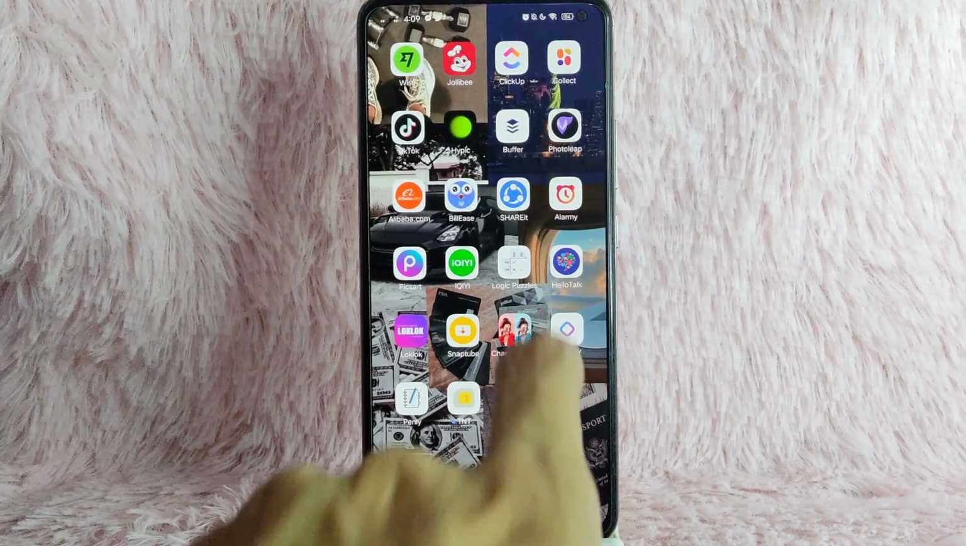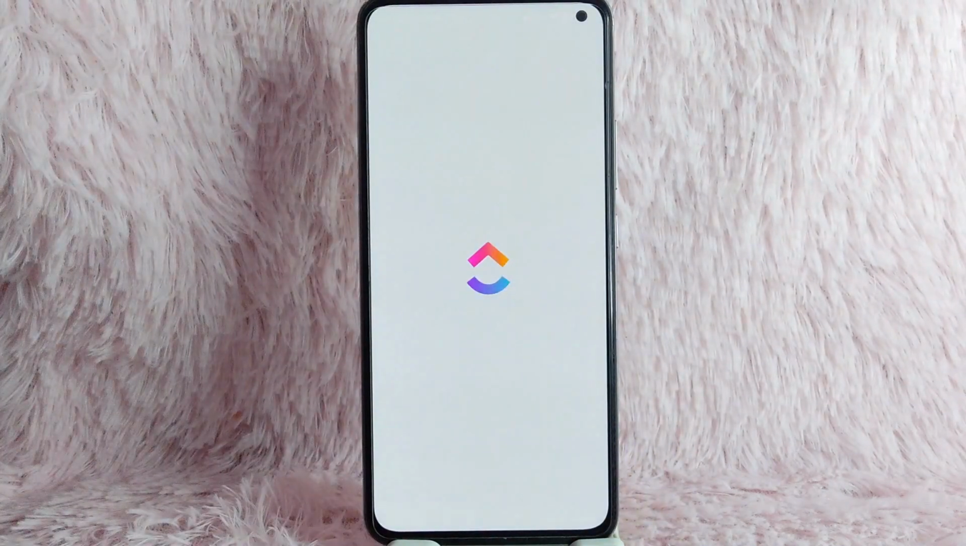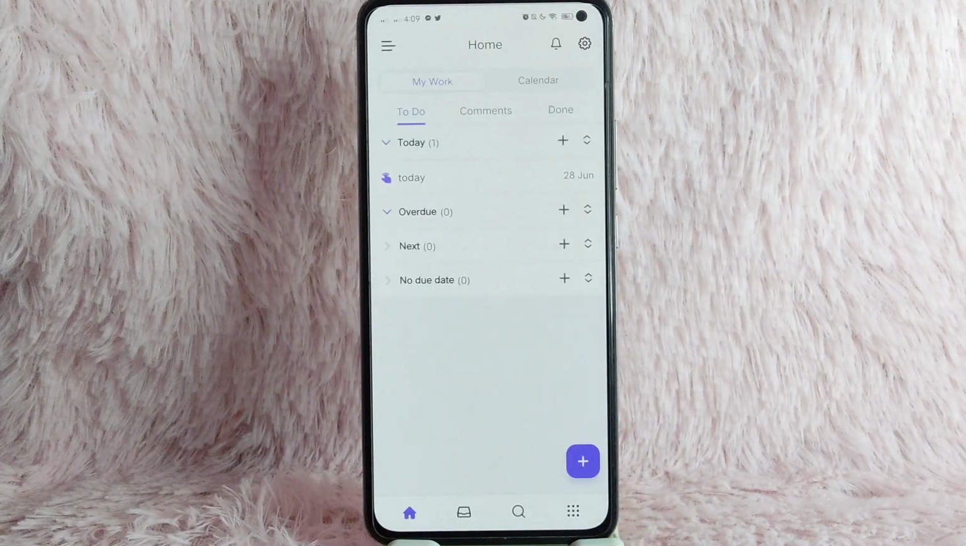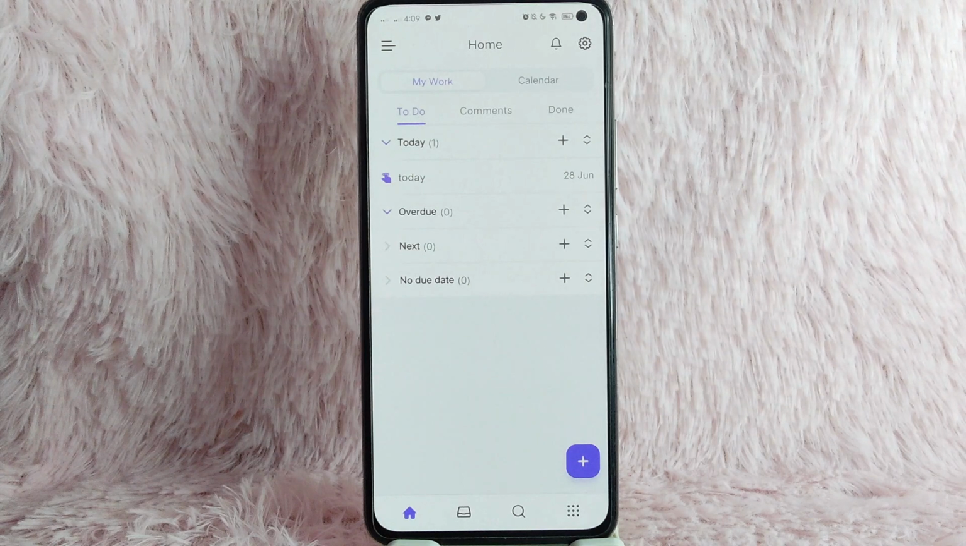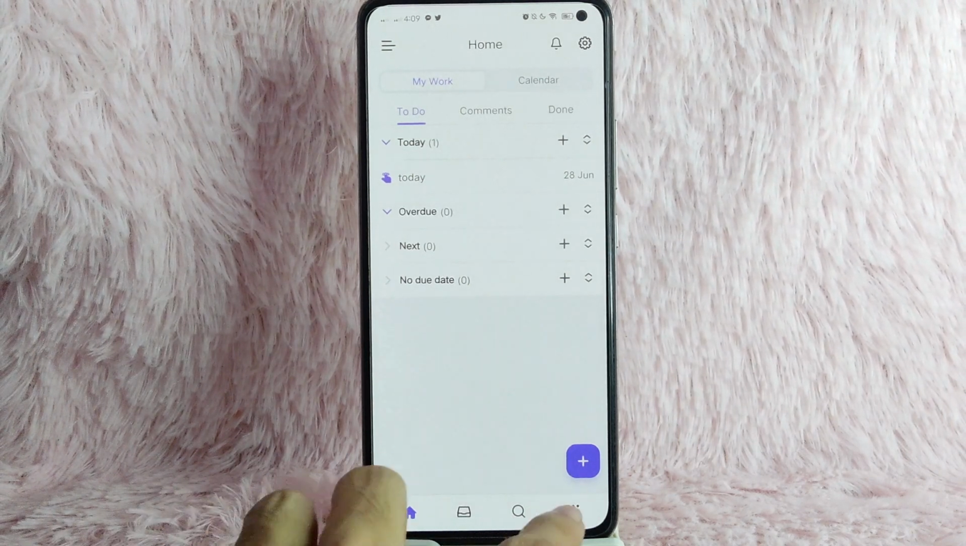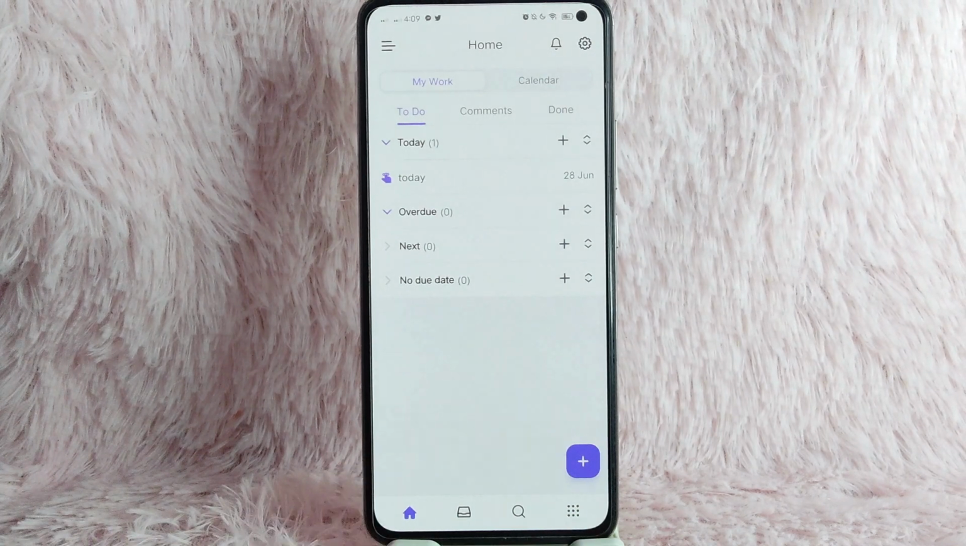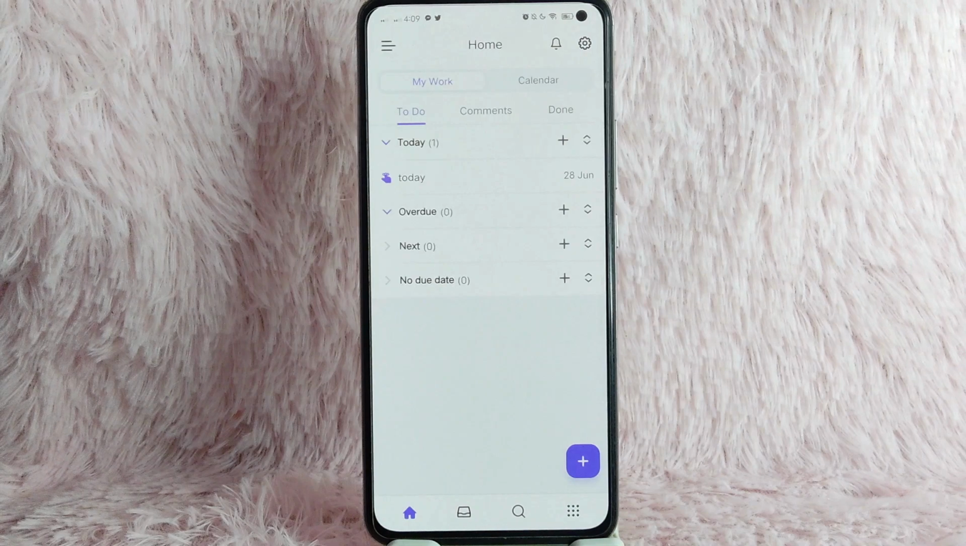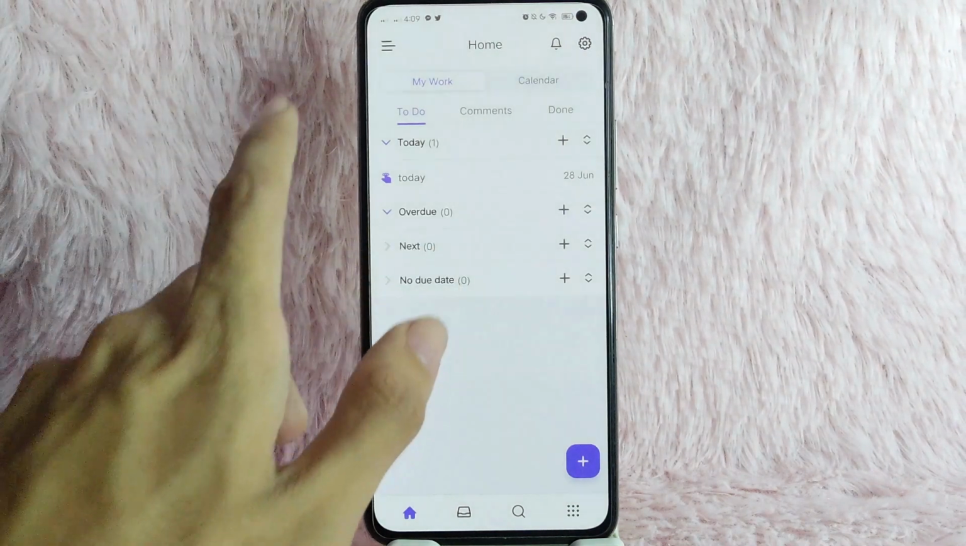First, you need to open your ClickUp application. Once you open your ClickUp application, you'll be directed to your home page. And below, you will see here the notification icon, search icon, and then these dotted icons. And now, to delete a document on your ClickUp, tap on these three lines at the upper left corner